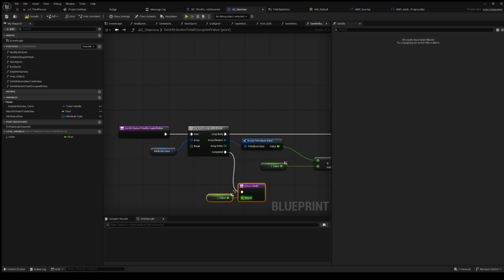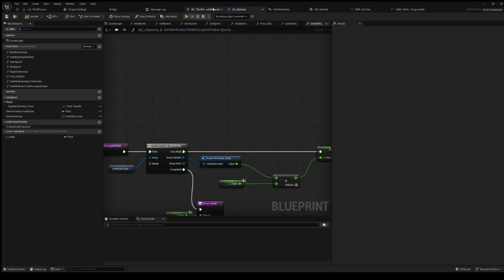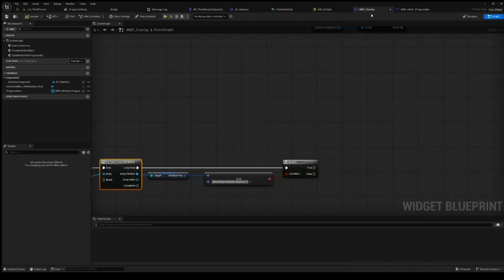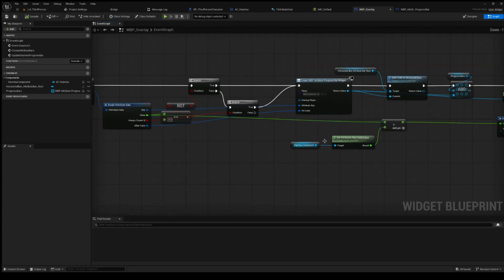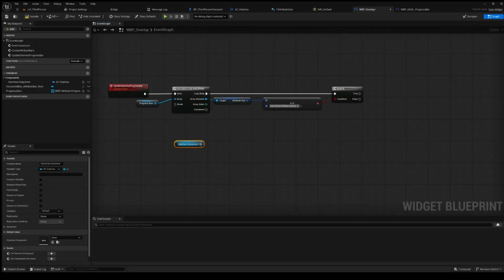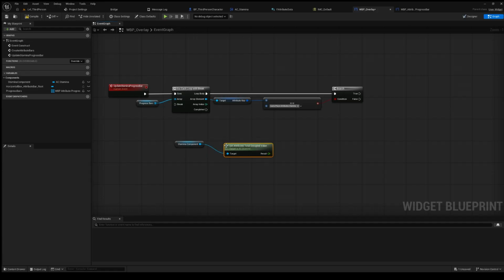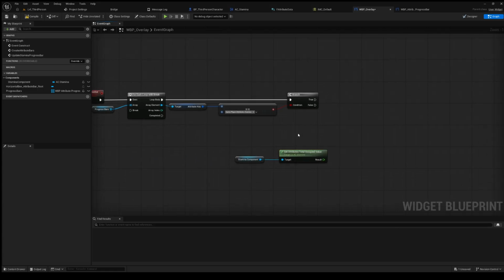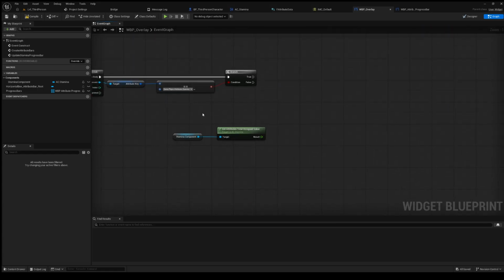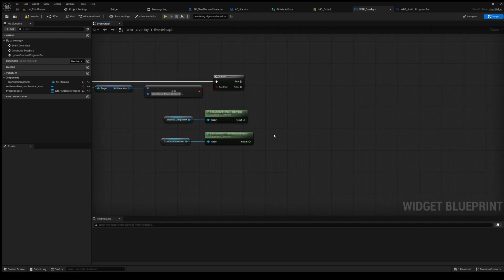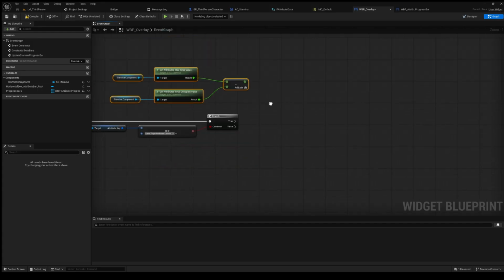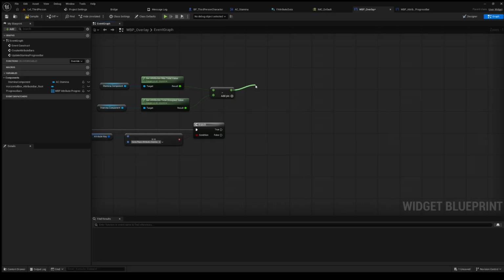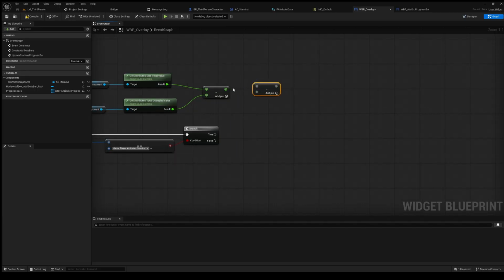Value. Here we go. Now let's go back to WPP overlay. We should have a reference here. There we go. Stamina component. Get attribute total occupied value. This one as well. Now this number we can do 1 minus